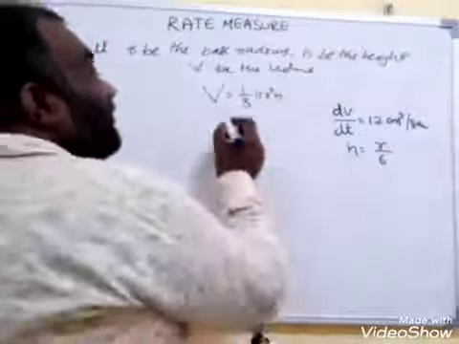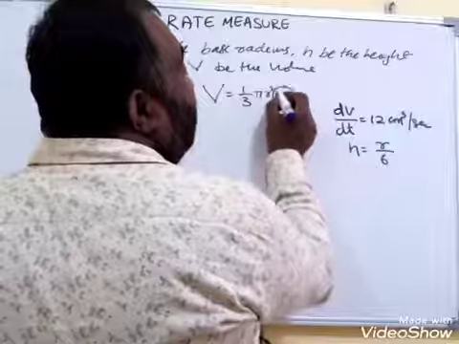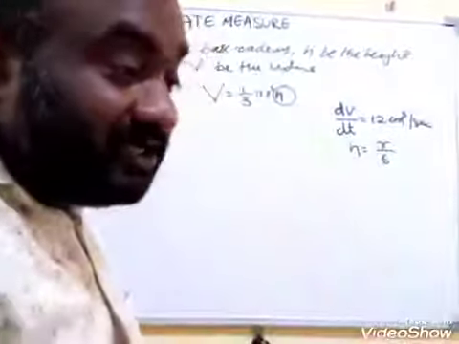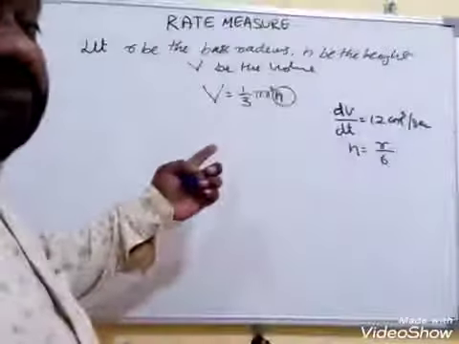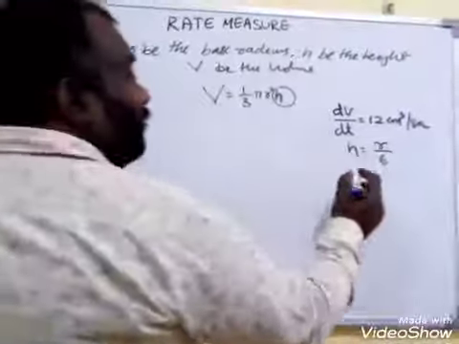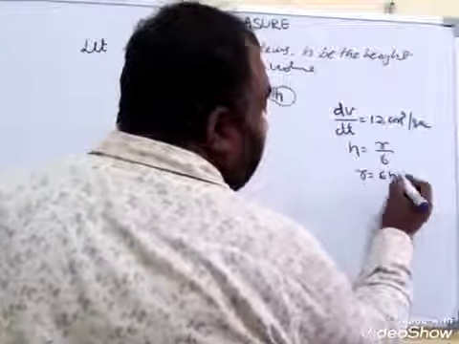That means this question is about height. That's why we have to convert the whole equation in terms of h. For example, if they asked how fast the radius is increasing, we would reduce the equation into terms of r. But since they ask how fast the height of the cone increases, we go for r, which is equal to 6h. Now come to this formula.